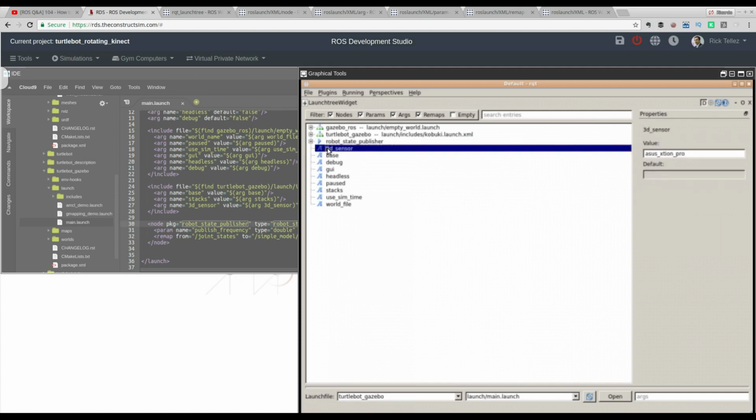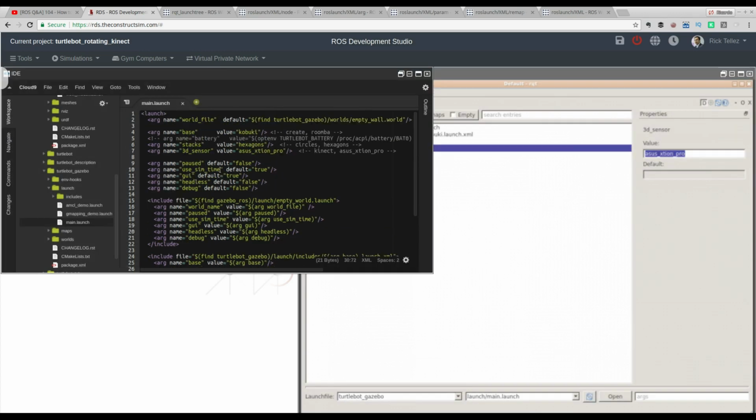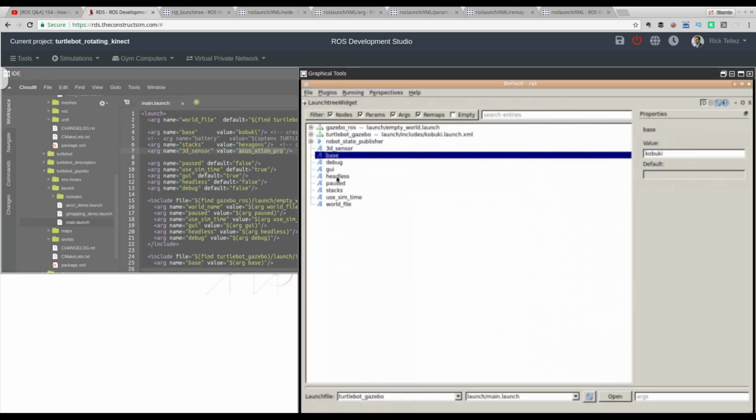So, okay, what we have are arguments. You must not confuse those arguments with parameters, okay? Those are arguments, and the arguments are values that you can provide to the launch file in some way. In this case, we have an argument that is called 3D sensor, whose value is Asus Xtion Pro. So if we come here, at some point here, 3D sensor, value Asus Xtion Pro. Okay, so that's it. And we have many others, base, debug,